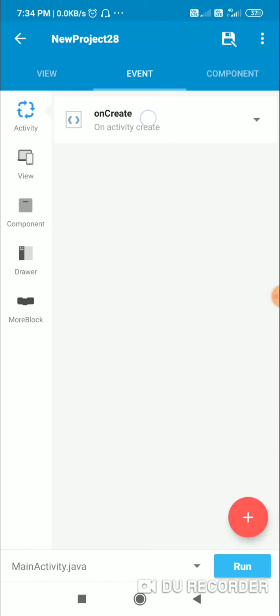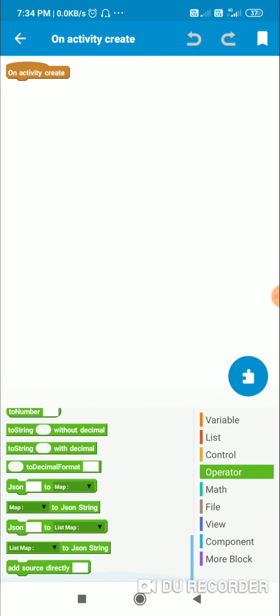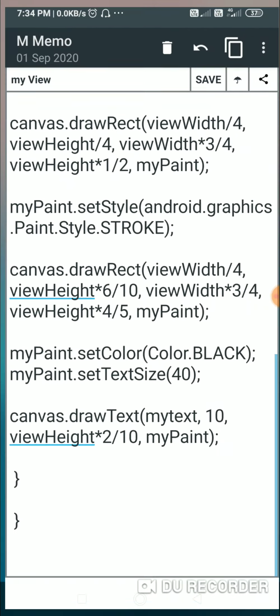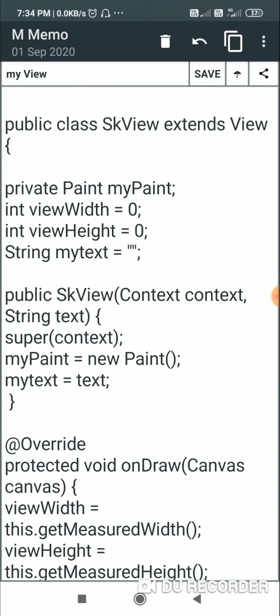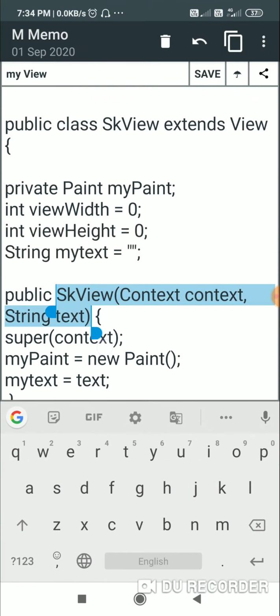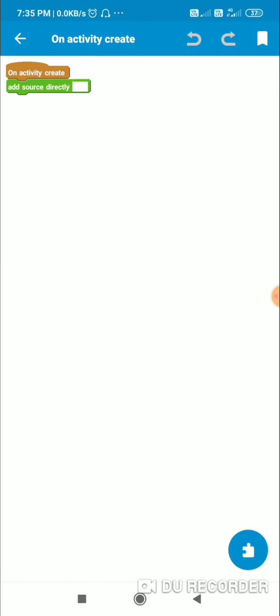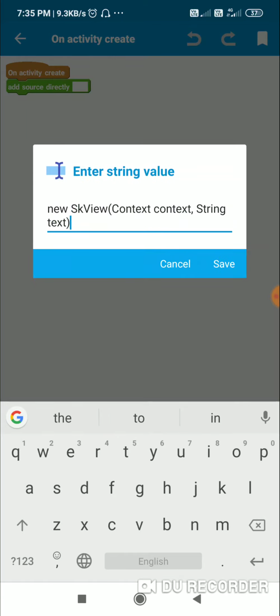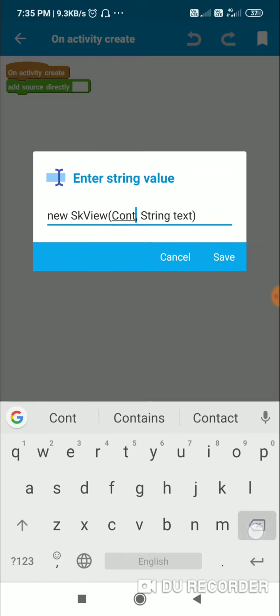Now to use it in onCreate I will use its constructor. Now you can have a look at the constructor here. It is public SkView, context and the string. So when we create it in onCreate we can just write it as new SkView, and the context will be this, and the string whatever we have to write.